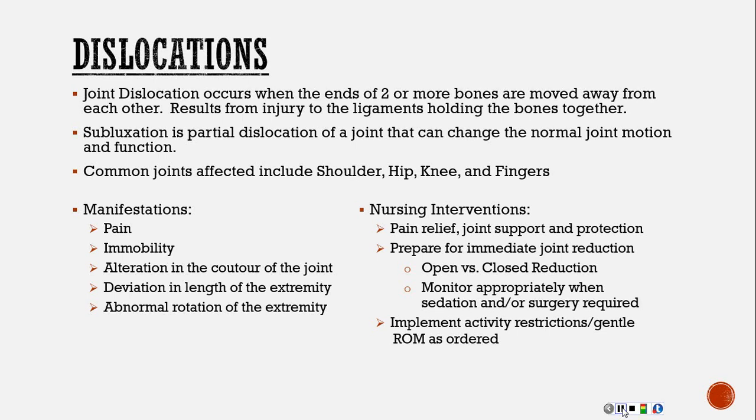Physically, you'll see an alteration, so look for symmetry. I go back to shoulders, which is typically what you see with these dislocations. You can physically look at the two shoulders in comparison and see that one has some deformity to it. There's a change in the contour. Physically you can see it, and as you move your hand over it, you'll feel a change in that contour.